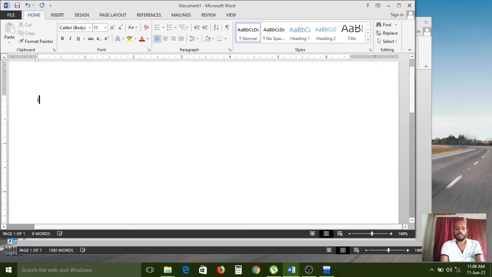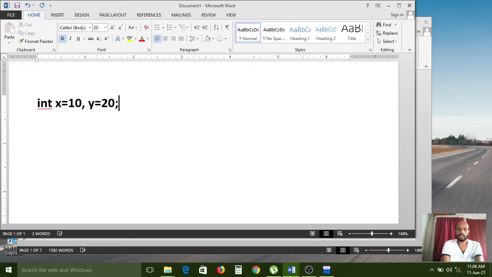Now int x, y. int is the data type, x is the variable, y is also one of the variables. x equal to 10, y equal to 20, z equal to x plus y if you use. Here the semicolon I am using is the end of the statement.